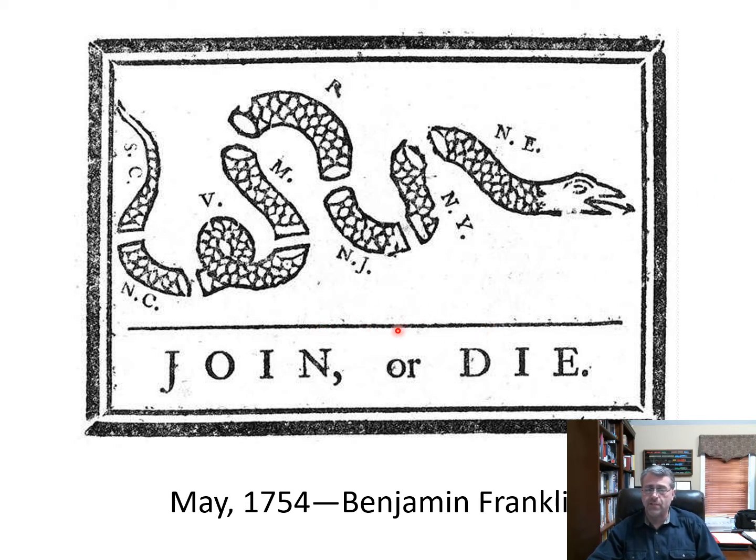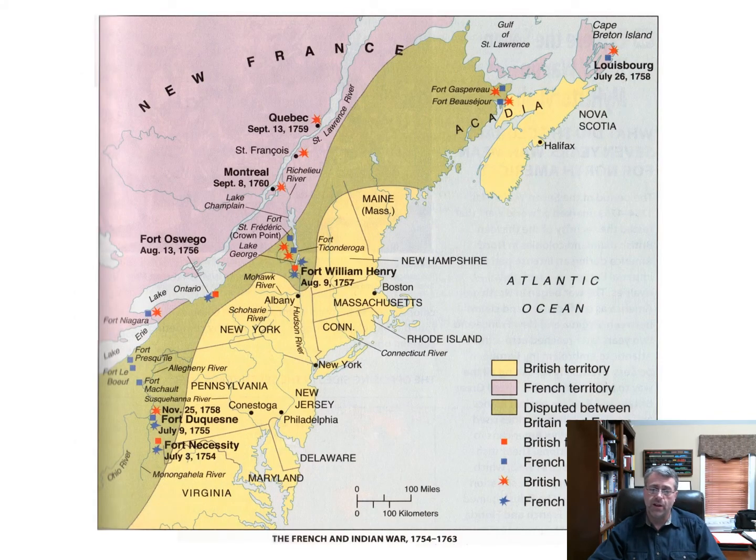Again, the point Franklin is making here is that they must unite as British colonies against the French. So nobody in 1754, nobody's talking about independence from England. That's not even on anybody's mind right now. They're just thinking in terms of how they might more effectively resist the French threat. And of course, here looking back at our map, Fort Duquesne that we talked about earlier, this is going to be where the first battle takes place in this French and Indian War.